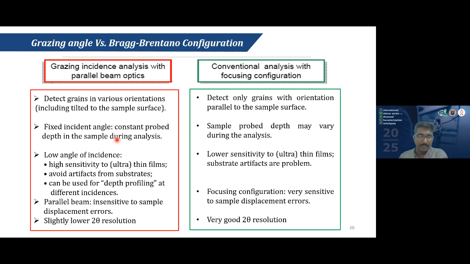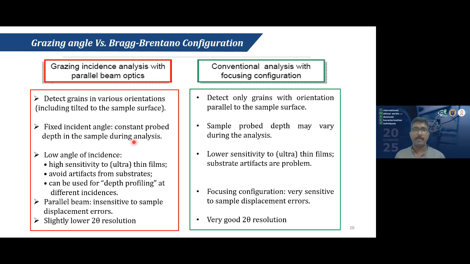In grazing incidence, since the angle of incidence is constant, the depth probed will be constant during the entire measurement. The depth into which the X-ray probes the sample will be fixed